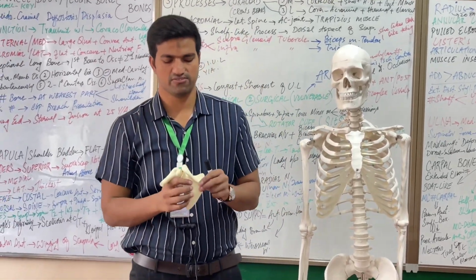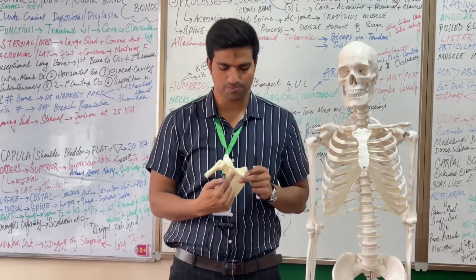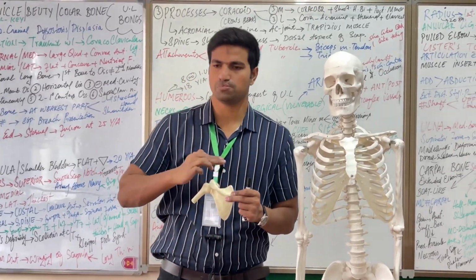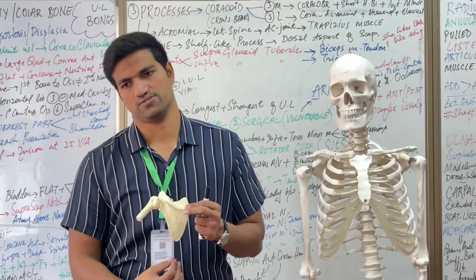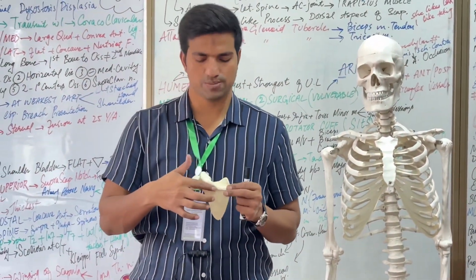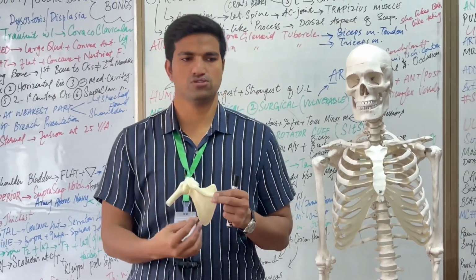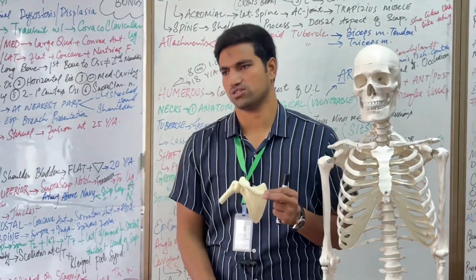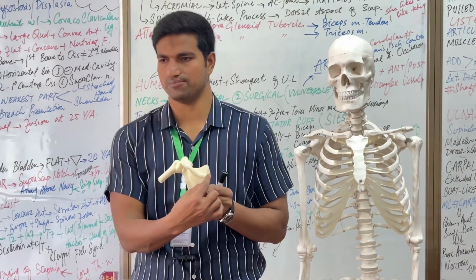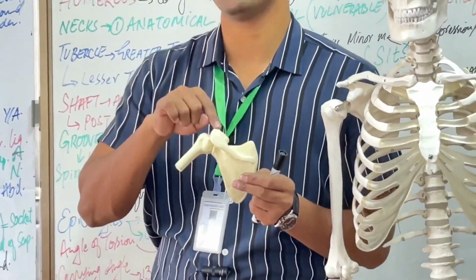Then there is another surface called the posterior surface or dorsal surface. There is a process called the spinous process, which divides this dorsal surface of the scapula into the supraspinatus fossa and infraspinatus fossa. The fossa above the spine is the supraspinatus fossa. The fossa below the spine is the infraspinatus fossa. See, it comes from the medial side of the dorsal surface of the scapula and goes laterally and makes a process called the acromial process.